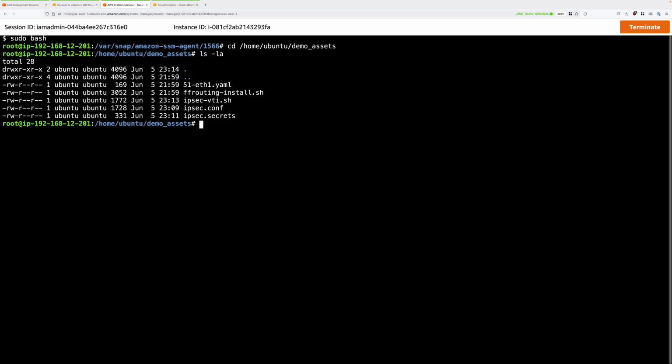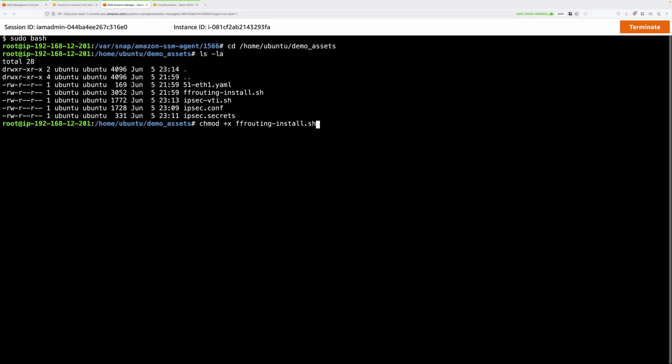Go ahead and type sudo space bash, then cd /home/ubuntu/demo_assets and press enter. Then we'll do a listing, so ls space -la. There's a script in this folder to install FRRouting, which is known as FRR. So we need to make that script executable.